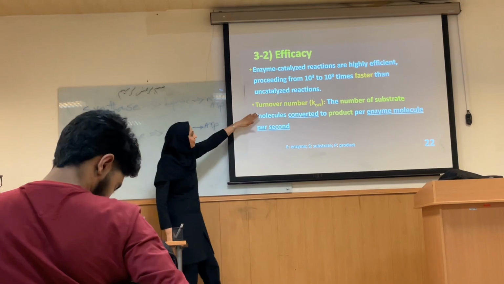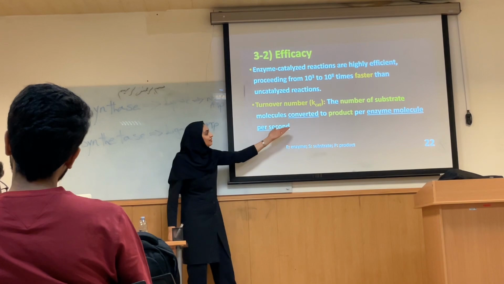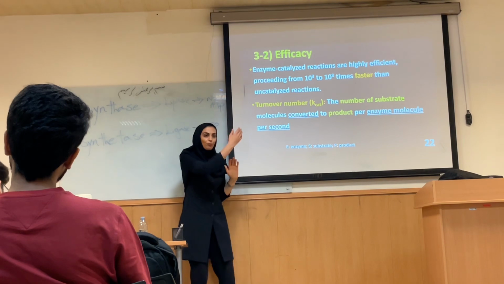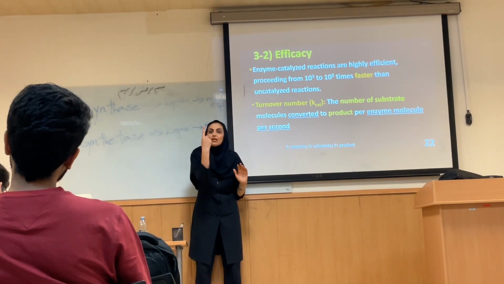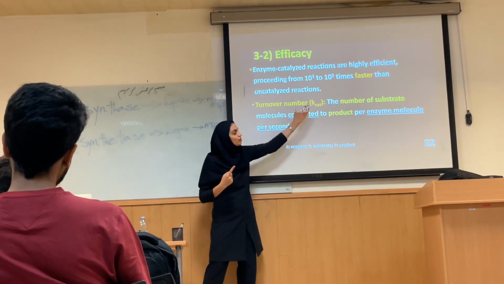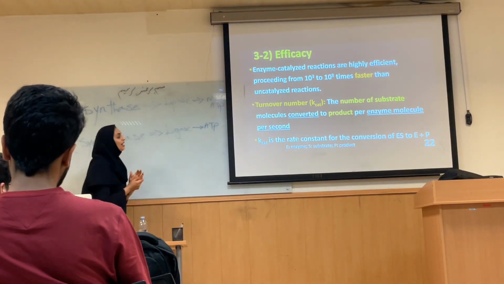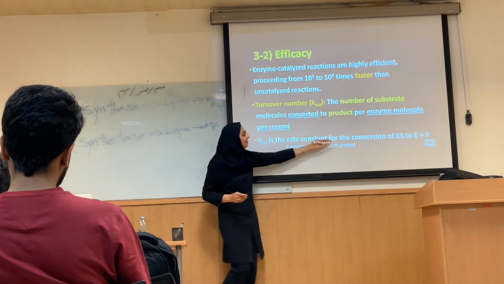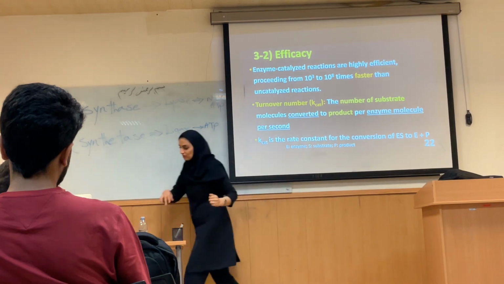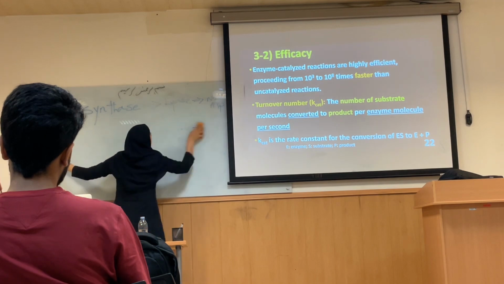Another term that I want to tell you about is the turnover number, or Kcat. What does it say? The number of substrates that convert to product by one enzyme molecule per second. It is the turnover number, or Kcat. Did you get the point? And guys, about the Kcat, it is a constant rate, and it is the rate of conversion of ES to EP. At first, before we continue, it is better to say sooner about these.